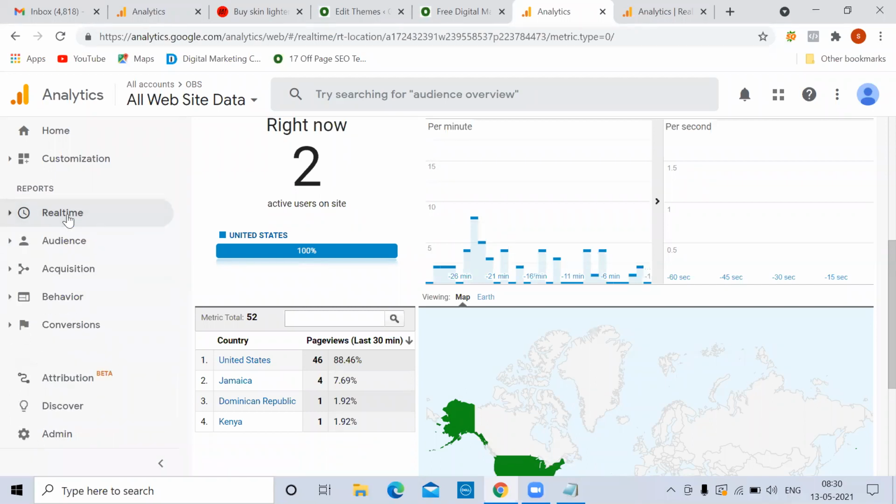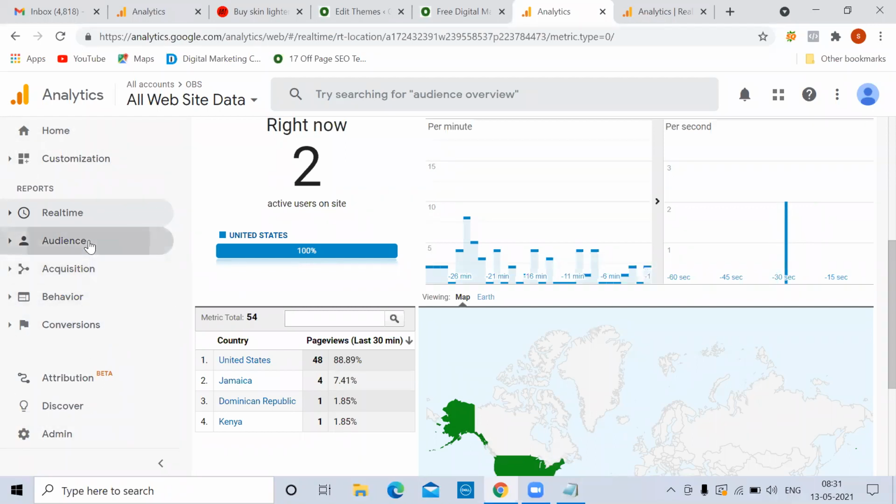Then here you can remember A, B, C: audience, acquisition, behavior, and conversion. Audience is more about who is coming, male or female, what is their age, what browser they are using. So this kind of people information it will give you. Acquisition is about where they're coming from. You're doing SEO, you're doing Google ads, you're doing social media, from where are they coming. Behavior means once they come, what they're doing, simply doing time pass or are they purchasing something. Finally, calculating the conversions. There are so many options you can explore, but these are the important things I'm explaining.